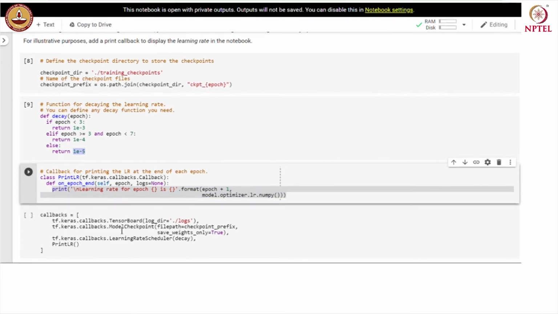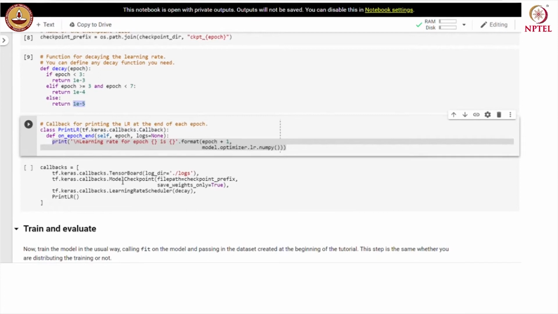If you want to learn more about callbacks, there is a guide available on the TensorFlow website that tells you how to write custom callbacks for a tf.keras model. So, we put all callbacks in the callbacks list.